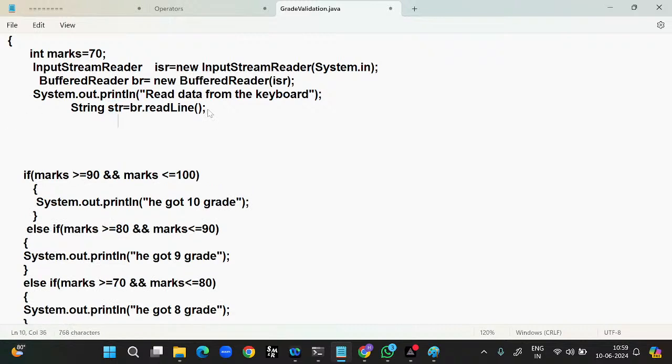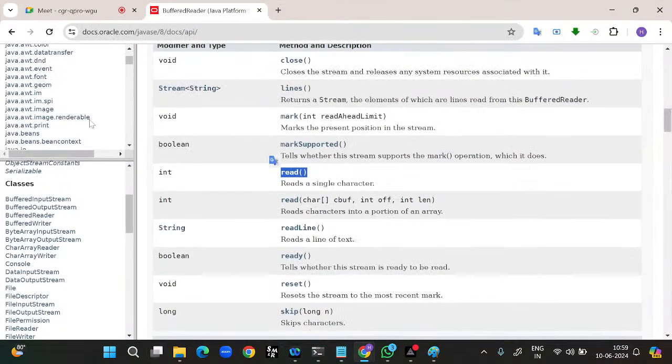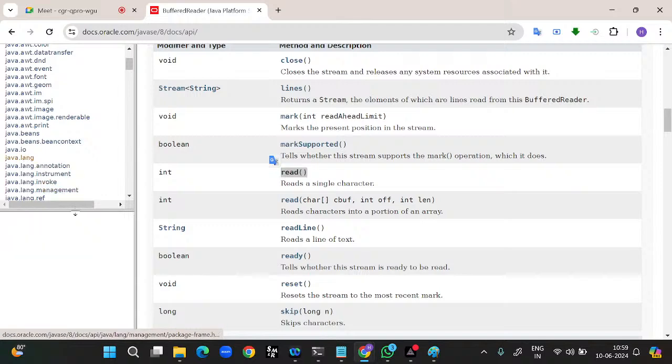How will you change? There will be Integer dot parseInt. Here what does it mean by Integer? Integer is a predefined class. I will show you that one. It is available under the java.lang package. If you observe here, java.lang package. If I open that package,